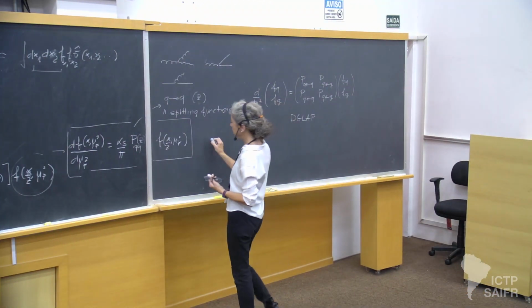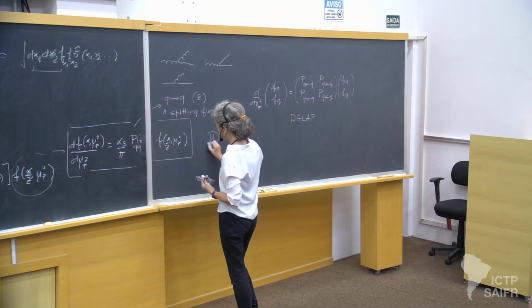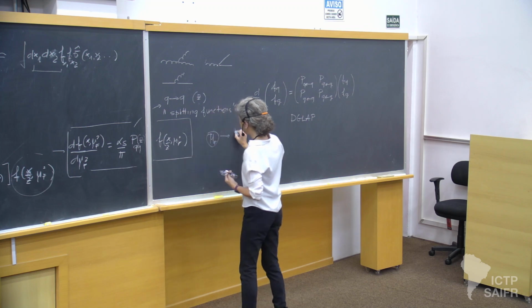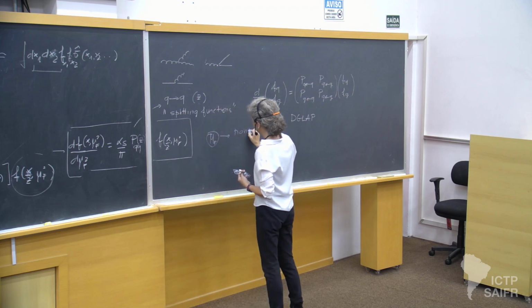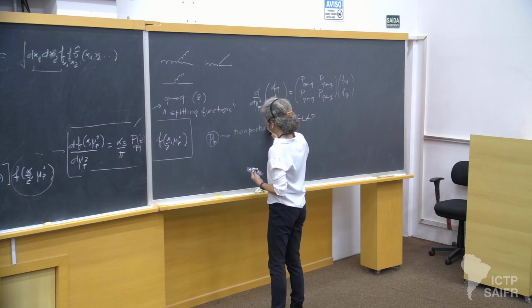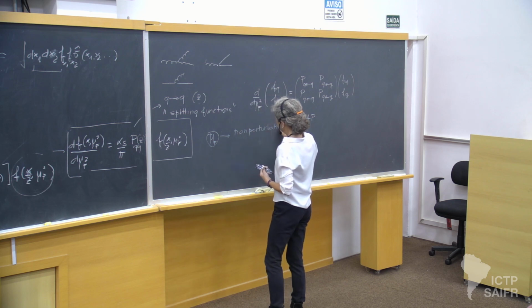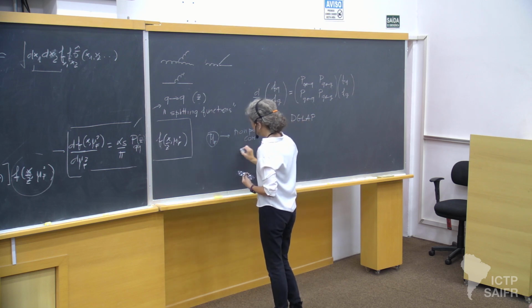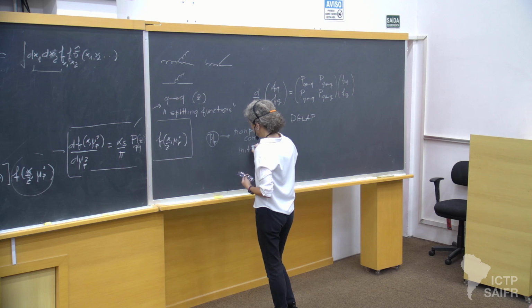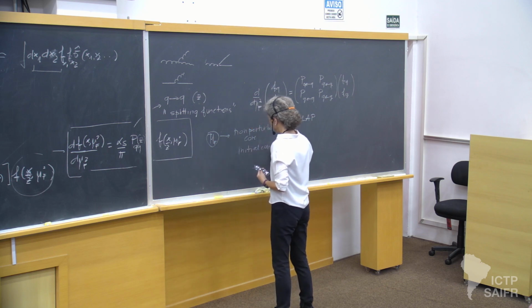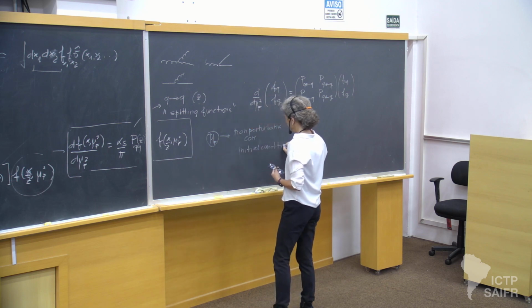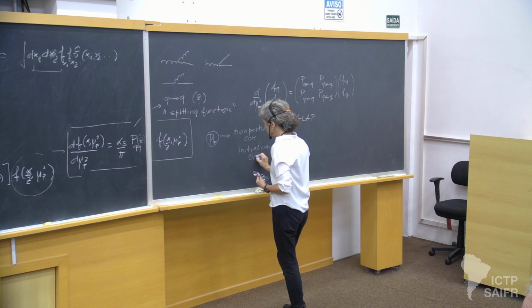And the boundary conditions that are at the scale mu f, so that are at the lower scale, is precisely where the non-perturbative core is contained. That is the initial condition for the evolution